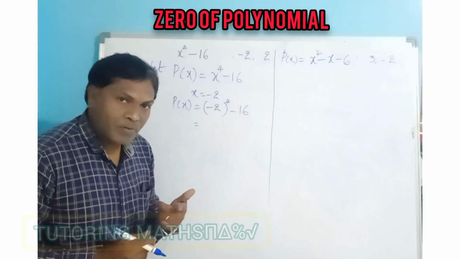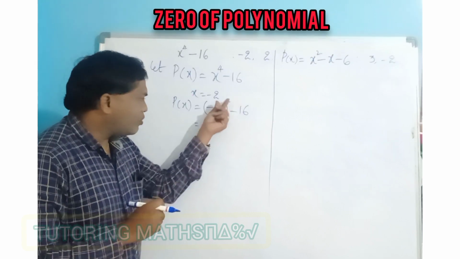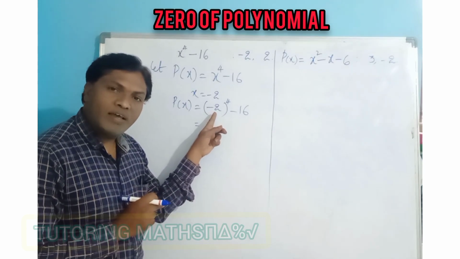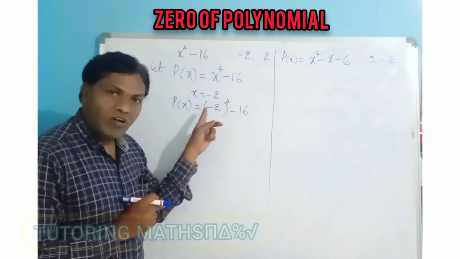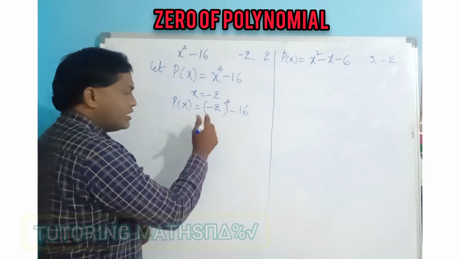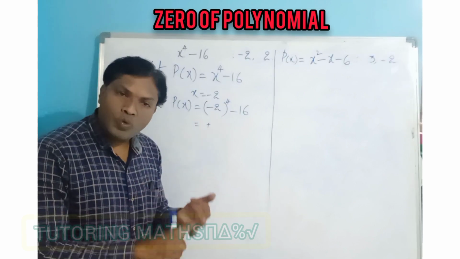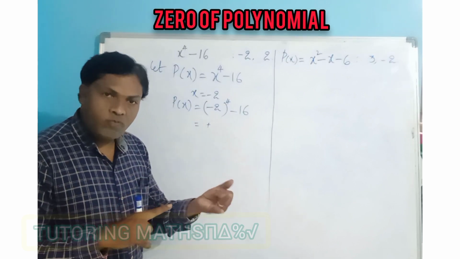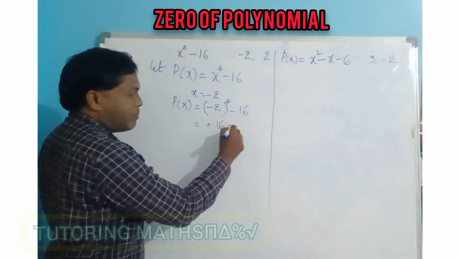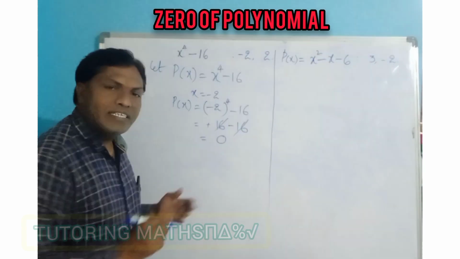4 is an even number. When the exponent of the base is an even number and the base is negative, then you get a positive number. So that is plus. And 2 to the power of 4 is 2 into 2 into 2 into 2: 2 twos are 4, 4 twos are 8, 8 twos are 16. So we get 16 minus 16. 16 gets cancelled. We get 0.